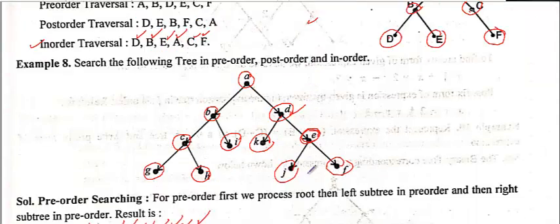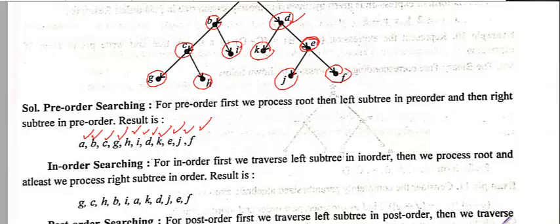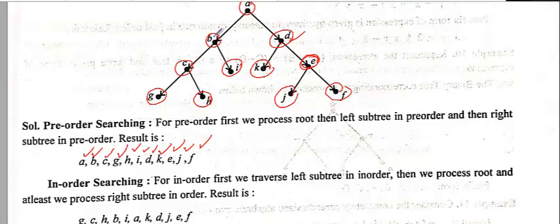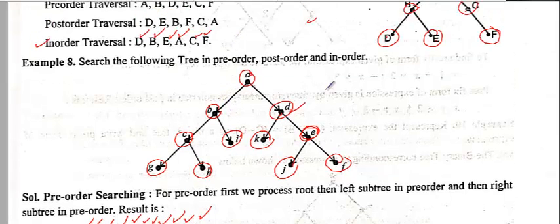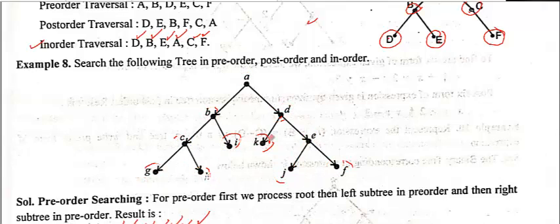Okay, so this is the process of in-order. If you want to see the procedure of in-order here, it is very simple to see. Let me erase first. In this example, we are going to take the in-order. So in in-order, first you will traverse the leftmost. First will be the G, means you will take the G, correct? Then root C.